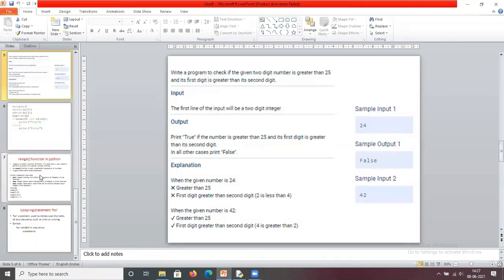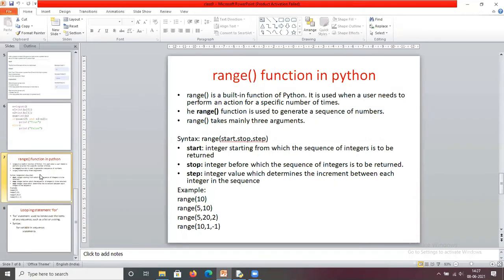So next we move to the range function. What is the purpose of the range function? Before going to looping in Python, we are going to understand the purpose of the range function. So what does this function mean?